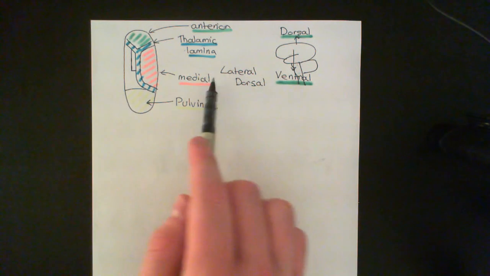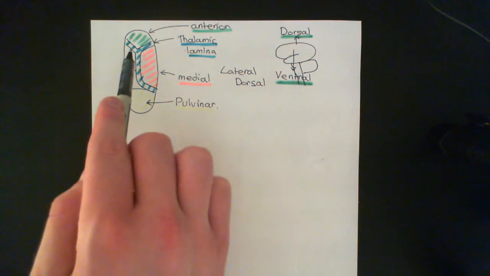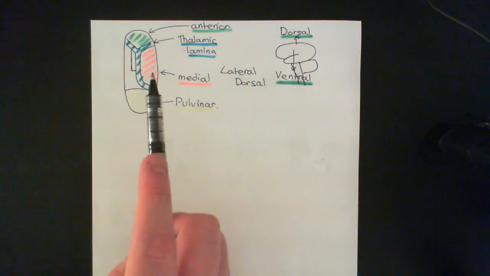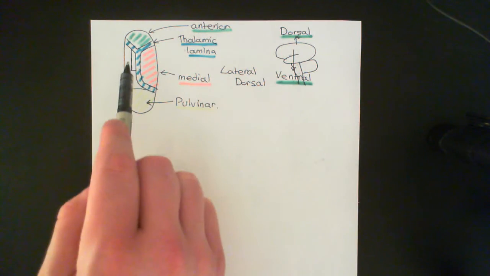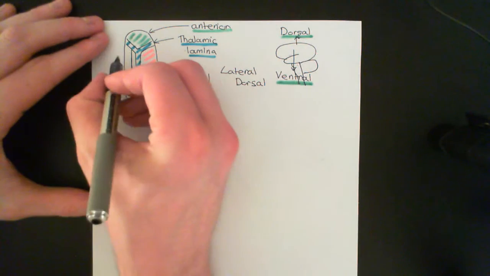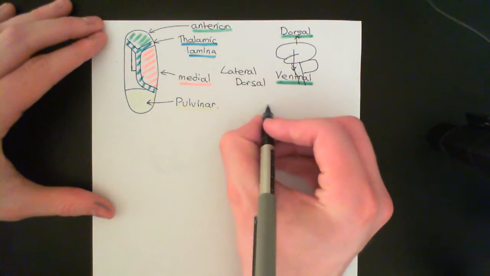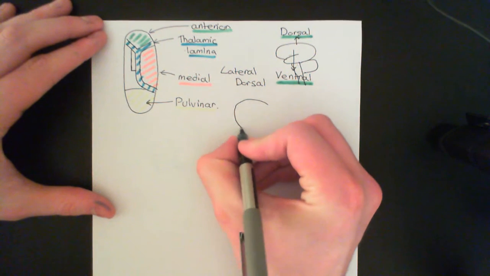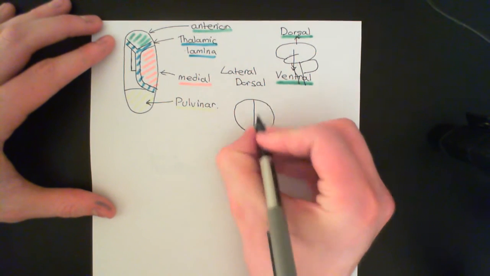And in fact, can I make a correction as to what I said previously? I told you that this actually goes all the way through. It doesn't actually go all the way through. So it's just in the dorsal portion of the thalamus. So if I was to cut through the thalamus, if I was to do a transverse cross-section, and in fact it will be worth me doing a transverse cross-section, if I do a transverse cross-section here of the thalamus, here